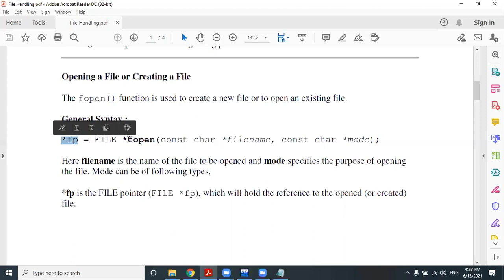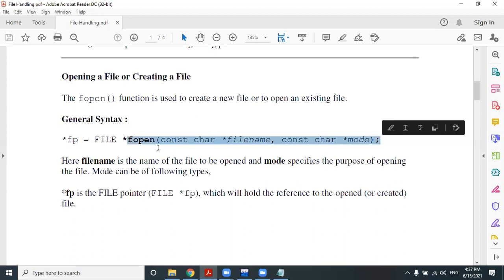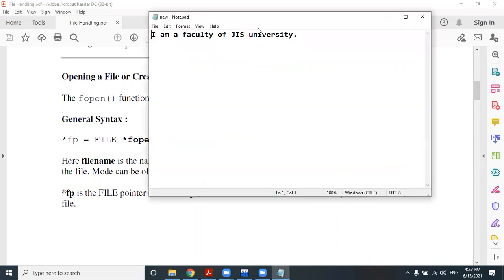Now your question is which address it will return. By default it will return the address of the first byte of your file. If I look into this file which I have already created in front of you, by default it will start with the address of where this I has been stored in memory, the starting byte of the file, the memory location of the starting byte of the file.